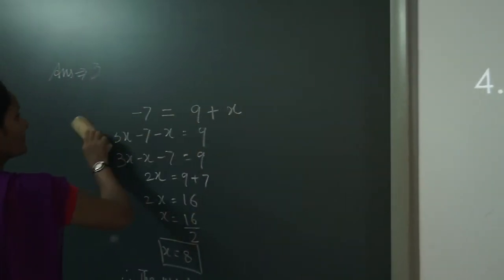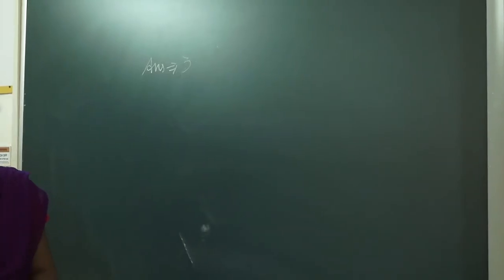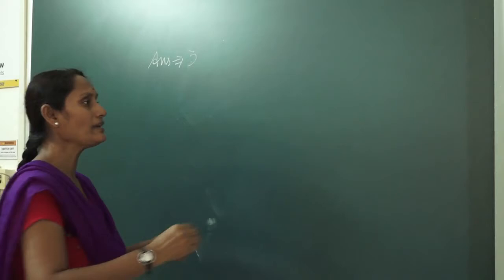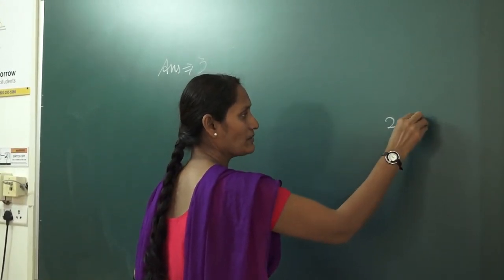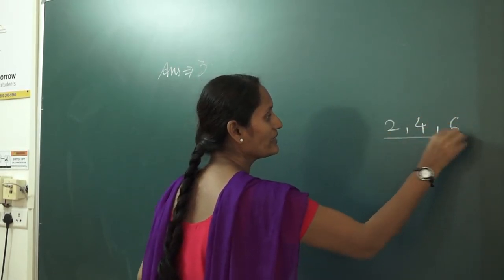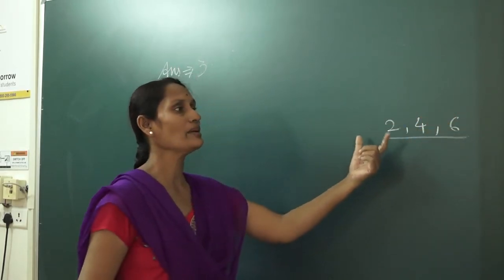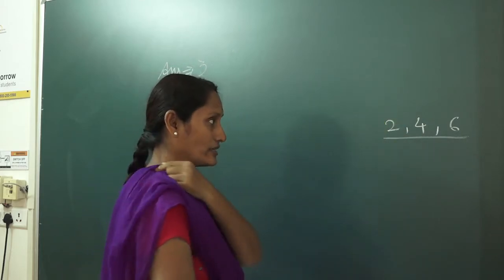Okay students. Let me explain you the same concept on the board. Suppose if you will take any even number. Suppose if I will take 2 as even number. What will be my next number? 4. What will be my next number? 6. So these are the 3 even numbers which are coming one after the other, or we can say consecutive even numbers.